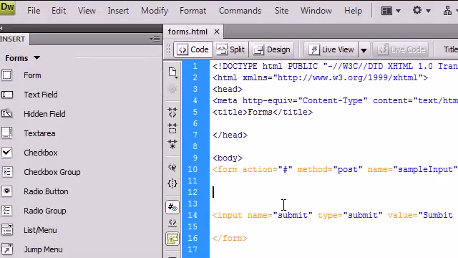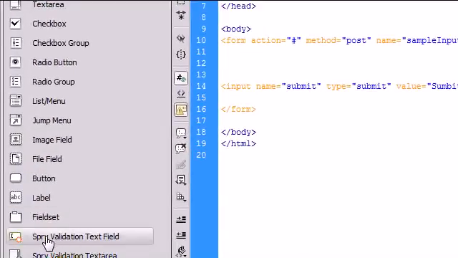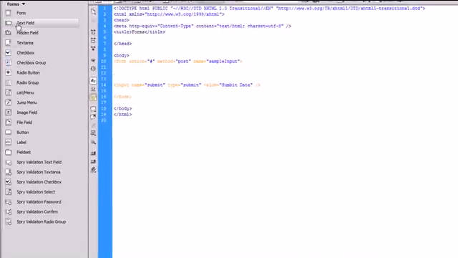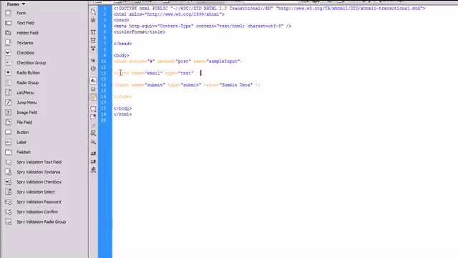I'm going to create a simple text field and then we're going to validate it. I'm going to validate it on an email. So basically I'm going to make a text field that is going to be a text field for email eventually. So here we go. I'm going to click text field, I'm going to say email, okay, and I'm going to